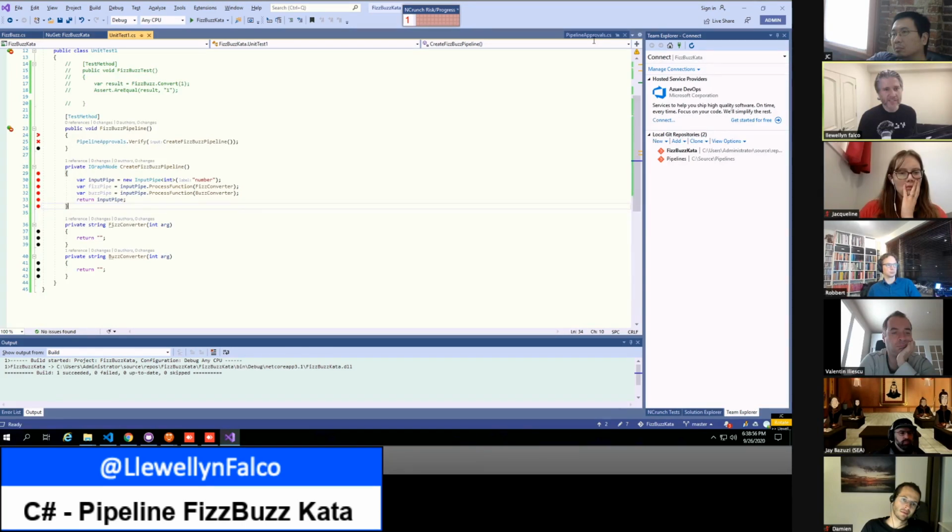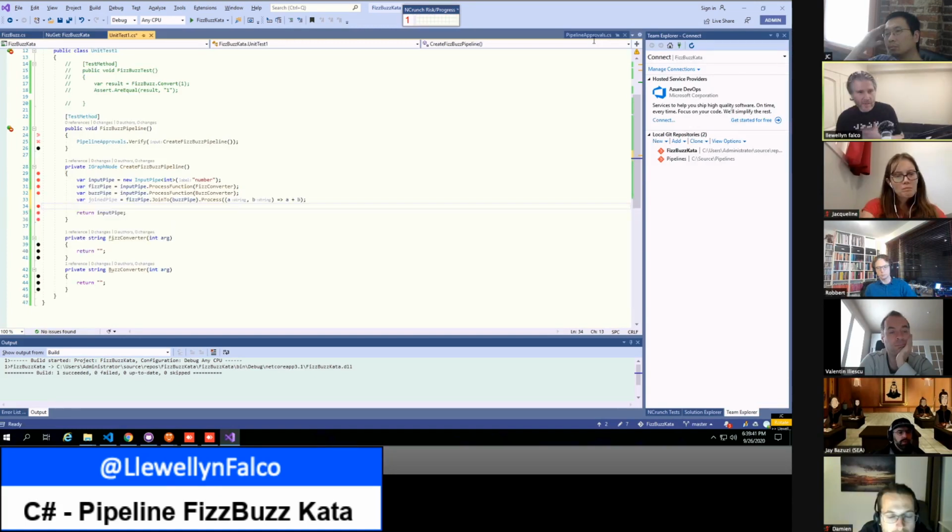And then the next one is going to be join pipe dot process function, and I feel like default text or default string is going to be the thing here. So this is going to take us. Oh, but we lost the number already.